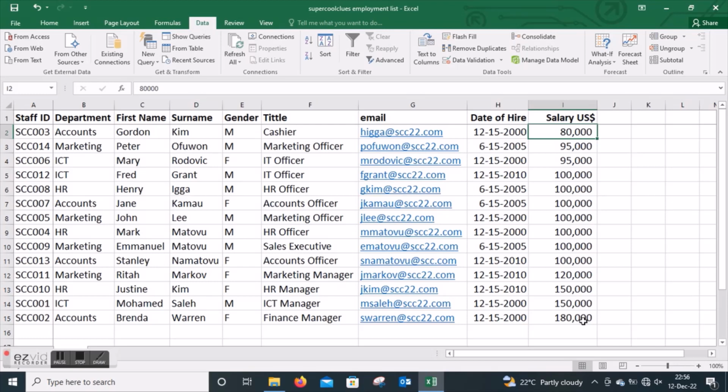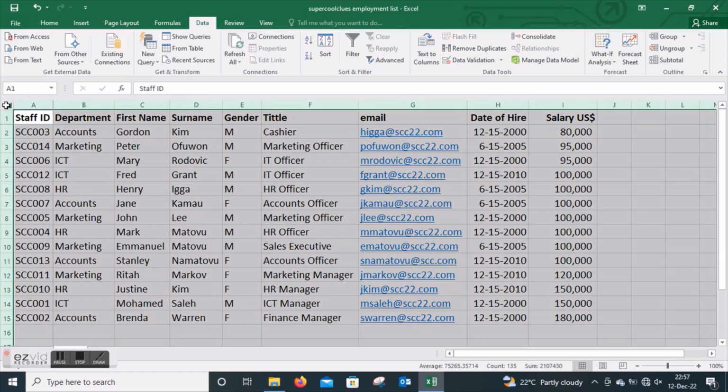But the list looks a bit strange. We should actually have the highest earner at the top rather than at the bottom, which is still not very difficult to do, and we can do it right now. We go and click in the corner as before, click on Data, click on Sort,